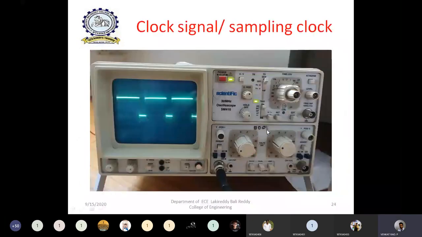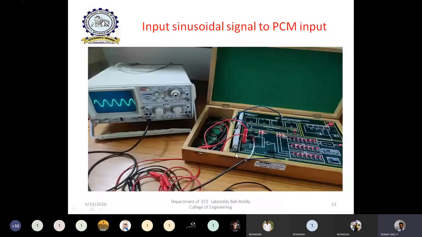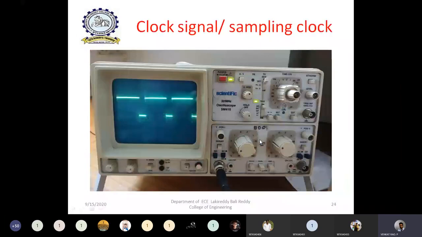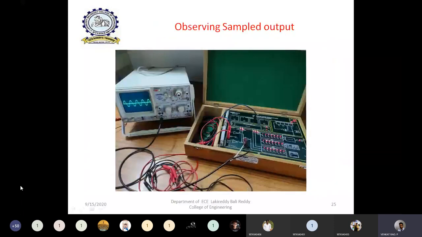Next, where the clock pulse is, we already know that at this point we have a clock pulse. If you observe the CRO probe at this particular point, you can also observe the clock pulse or sampling clock. Only based on this sampling rate or sampling time will the sampled signal be generated. Next, if you observe the CRO probe at this particular point, you can clearly observe that after this sampling process, the sampled signal is obtained like this. On the CRO screen, a dotted sine wave is obtained.